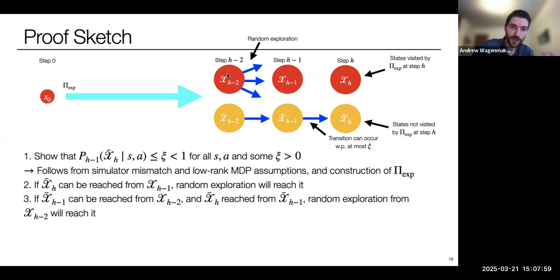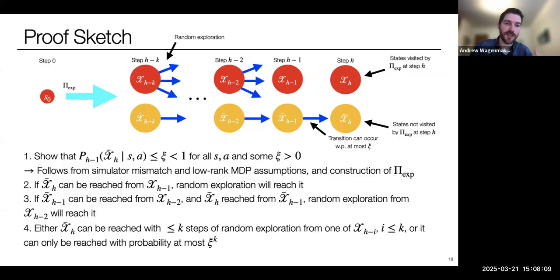So again, rolling in to x of h minus 2 and randomly exploring, if x of h minus 2 can reach bar x of h in some way, random exploration will reach it. Okay, and we can actually keep going backwards for k steps. What we can say in the end is that either bar x of h can be reached with k steps of random exploration from one of these sets,